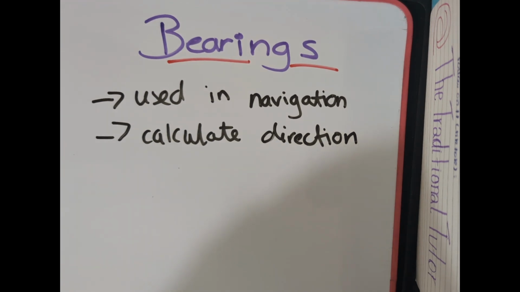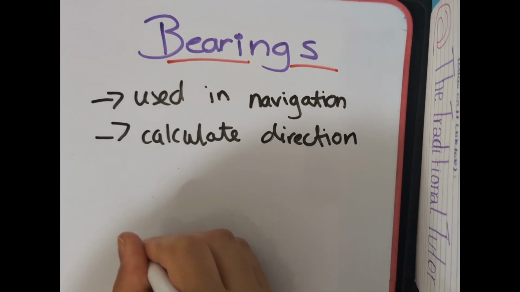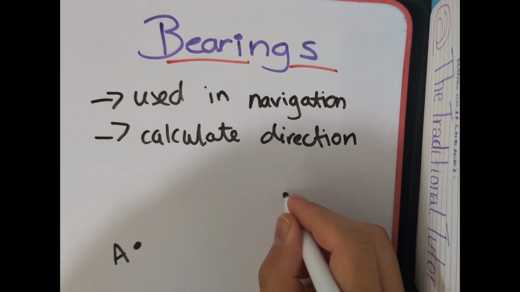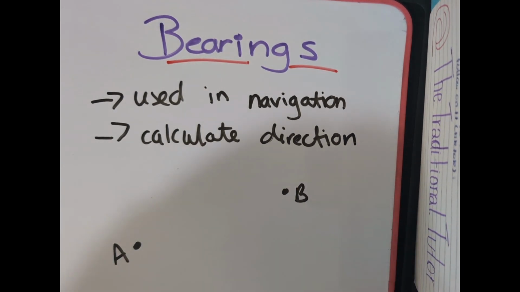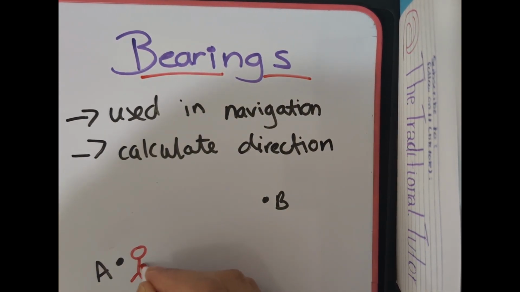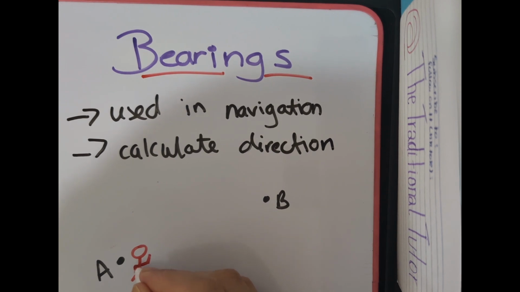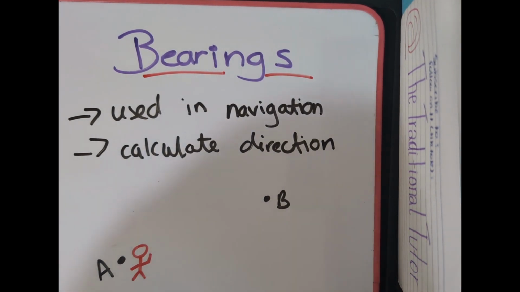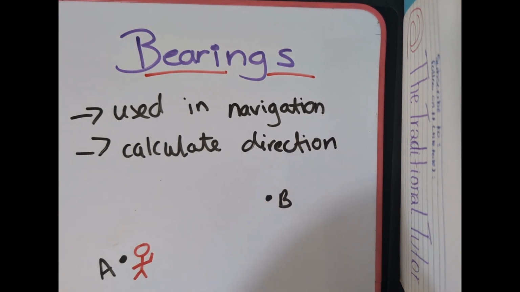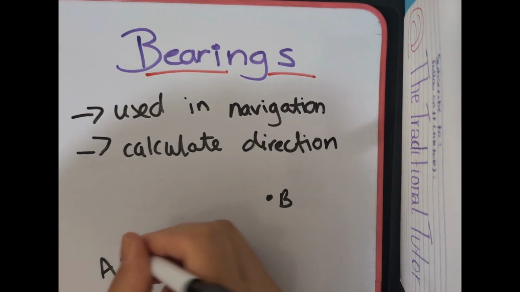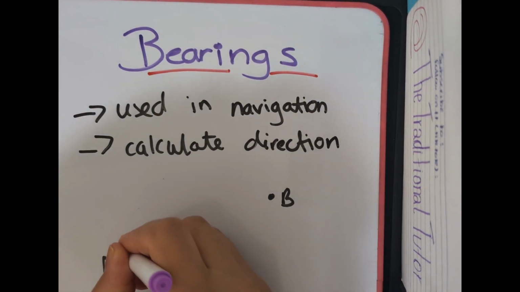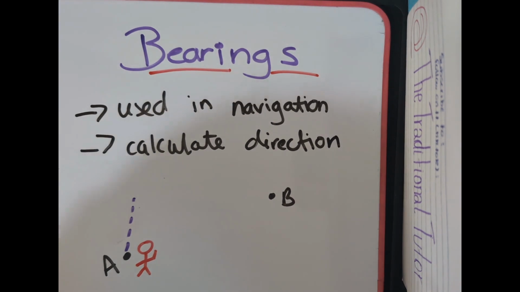So let's take a look at an actual example. If we wanted to go from point A to point B, for example, it could be that you are a red man, waving. Well, I tried to make him wave. So you're here and you want to get to point B. Well, what we can do in that case is we could be heading up north, as follows. We could be heading up north,